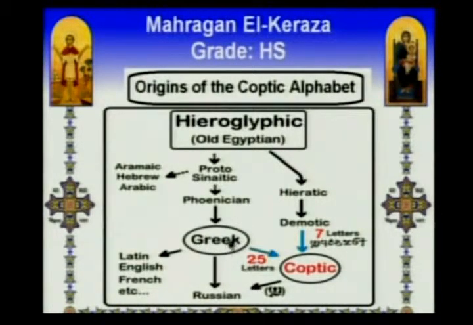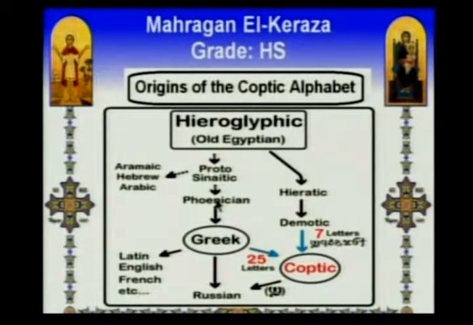Now the Greek letters represented a good base for the alphabet, and this is the one that we used. We took all the Greek alphabet, the 25 letters of the Greek alphabet, and because in the Greek language there are certain sounds that were missing, so we took 7 letters from the demotic alphabet, and this constituted the Coptic alphabet. So the 32 letters of the Coptic alphabet, 25 of them were taken from the Greek,